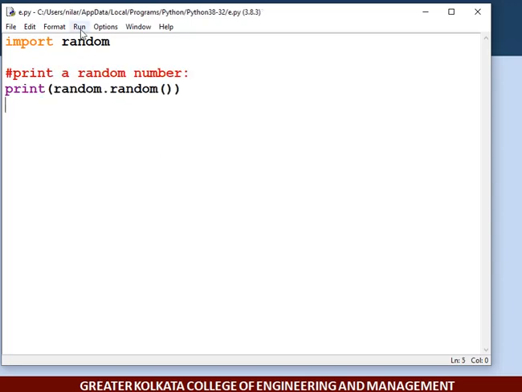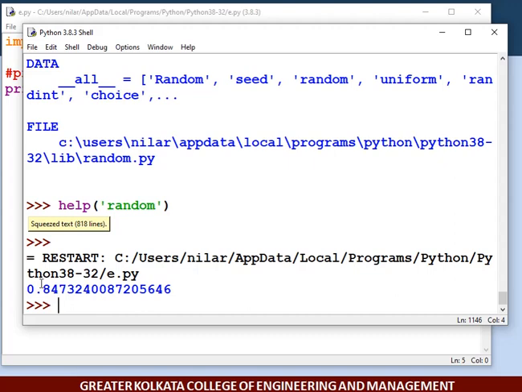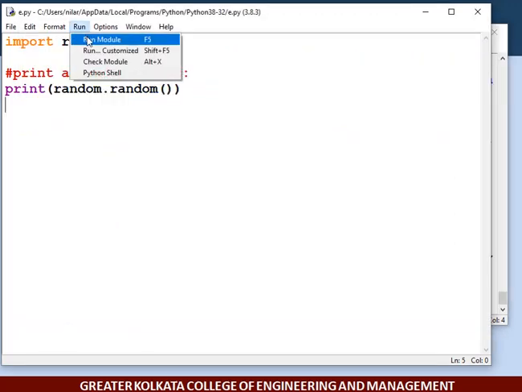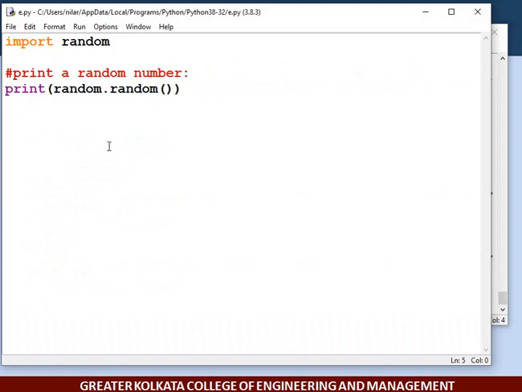Now run it. What will happen? Just see. This is the random value. If you multiply it with 10 and round it off, you will get 8. In that way I will get the value. Again, if you run it, what will be the value? It is not predictable by you and me. That will be 1. So randomly the value will be generated. If you multiply by 10, 100, 200, 1000, the value will be printed in that way.